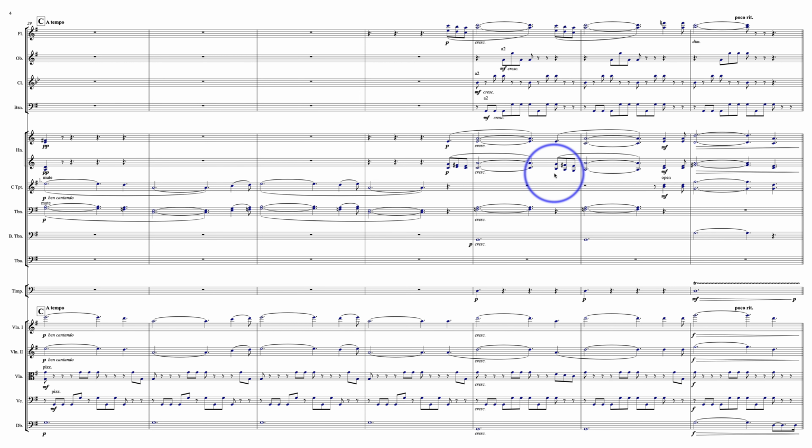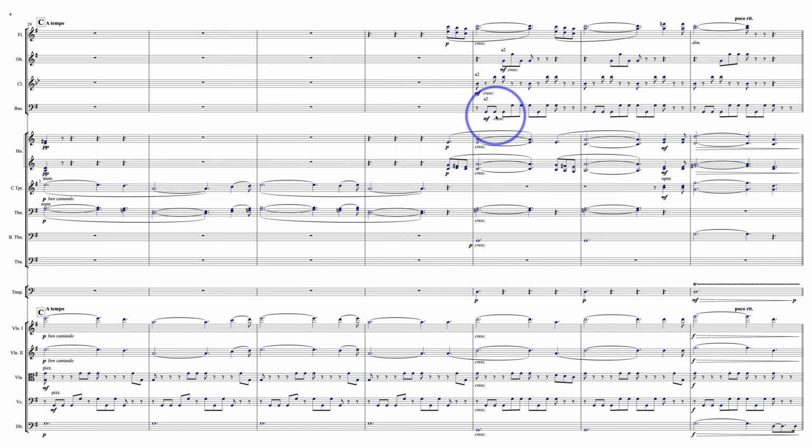So that's about all I had to say about this. There are a few other intricacies we could go into, like how much these flutes work in the context with the strings. I actually feel they work pretty well. And some of the horn scoring might need a little work. I'm not sure if this is first horn going to first and second. There are little bits and pieces like that.